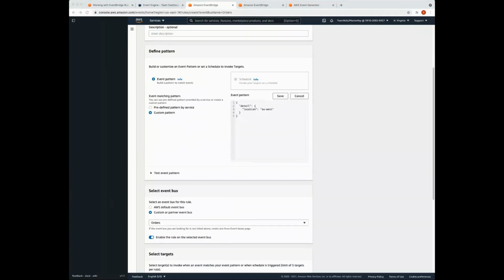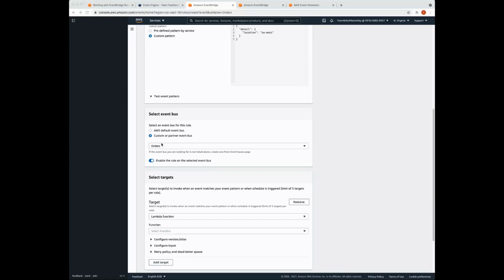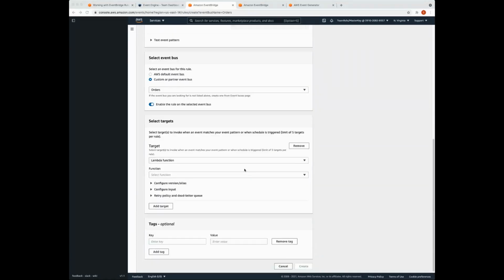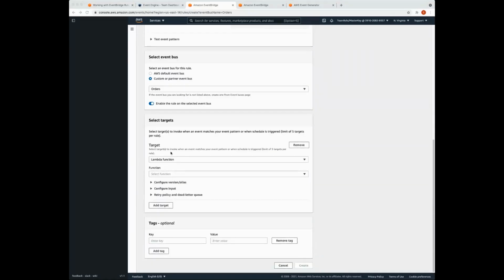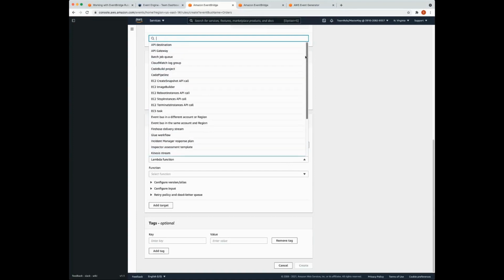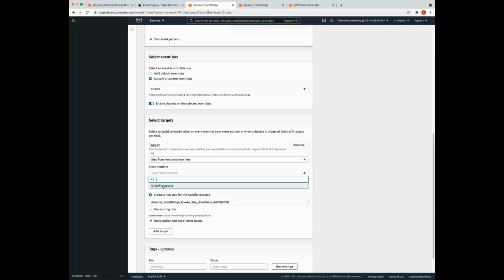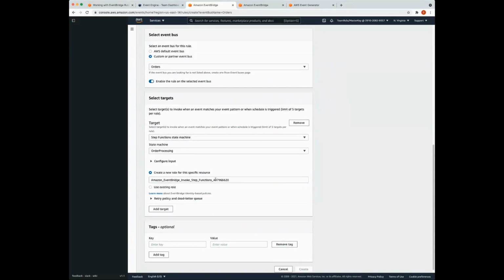Okay, so we're going to go ahead and select the orders event bus as usual. And for our target, we are going to target a Step Function state machine. The state machine is order processing. Again, this was all created beforehand for you.